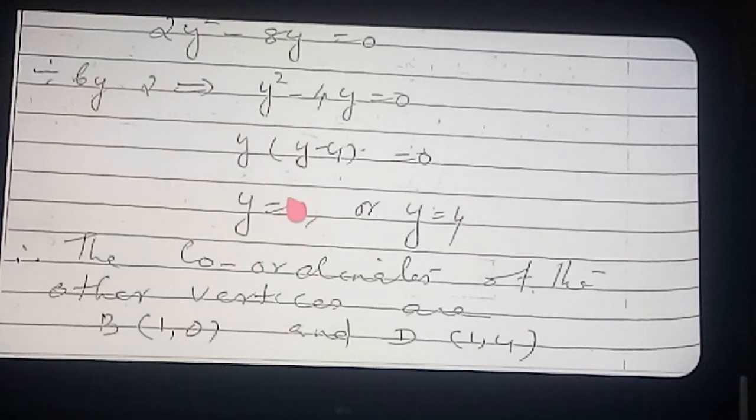Since we are getting two values of y, we are writing the coordinates of B and D. One value goes along with B and one value along with D. Therefore the coordinates of B is (1, 0) and the coordinates of D is (1, 4). Now verifying also, you will get the correct answer. So two values of y we got, therefore one value of y we will give for B and one value of y we will give for D. Okay students, clear now? These are all different sums, so you have to practice all of them.